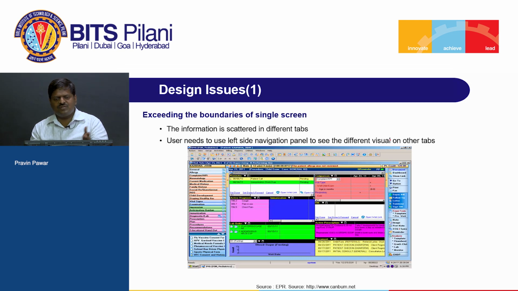Now when I want to switch the context, maybe to get other information about the same metric, and it is not readily available on this page, I need to switch to the next tab and figure out where that visual is appearing. If 2-3 tabs are there, I can manage that. But if such a big number of tabs are available, even a capable user will not be able to recall the position of all the metrics appearing on that dashboard. So the key lesson is that